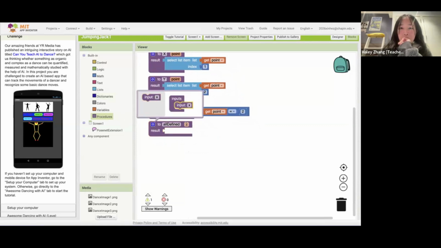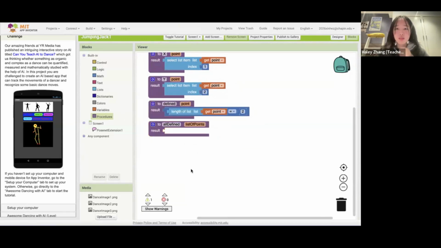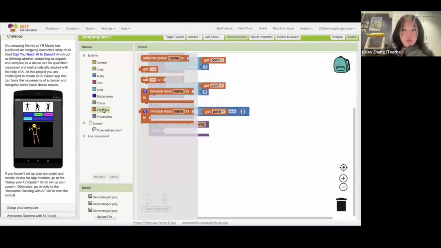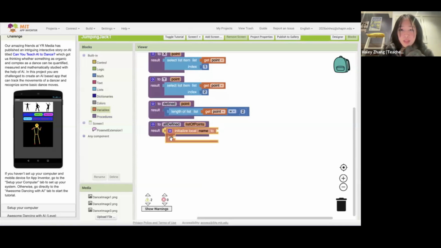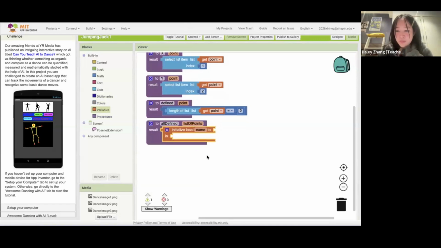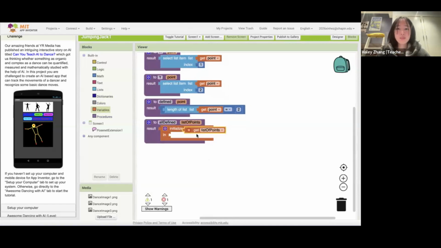And then put an input over here. Okay. So what we do now is that we click into variables and then we have initialize local name to, and we name it